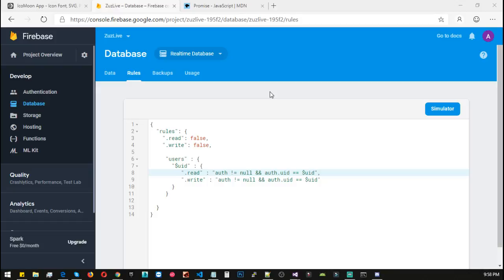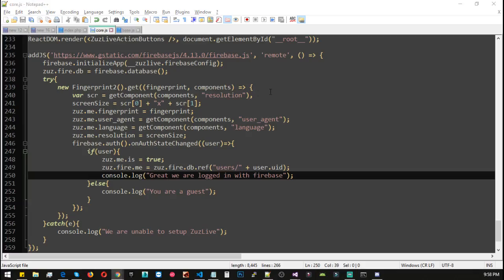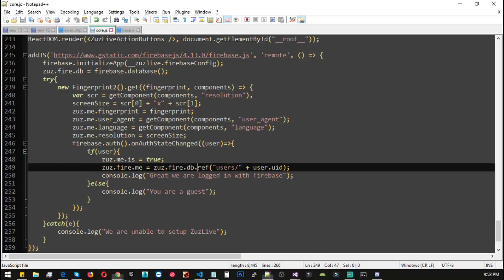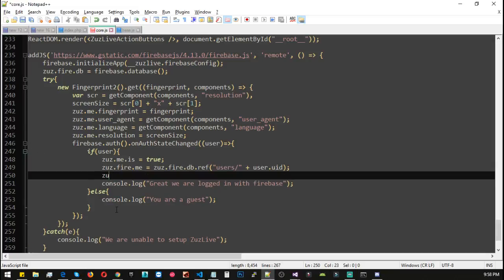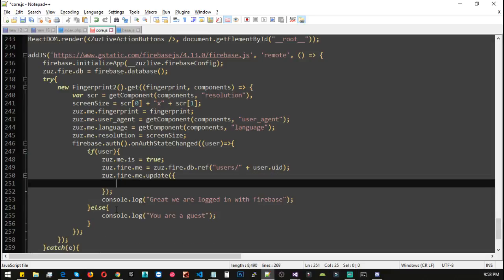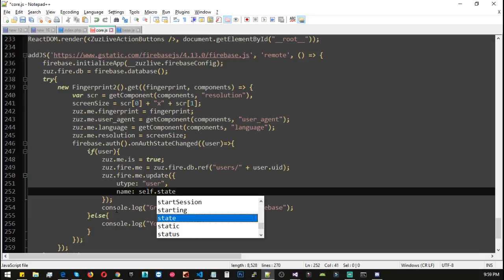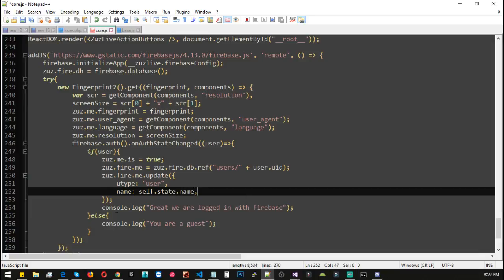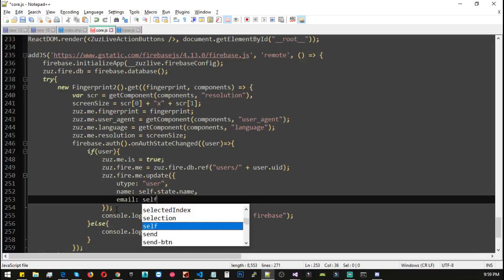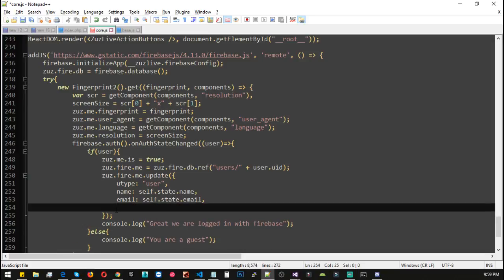So let's go back to our code, and inside our code we need to update the fire.main.update, and we need to update the object. That is, u type should be user, and name should be self.state.name, and email should be self.state.email, and we need to add